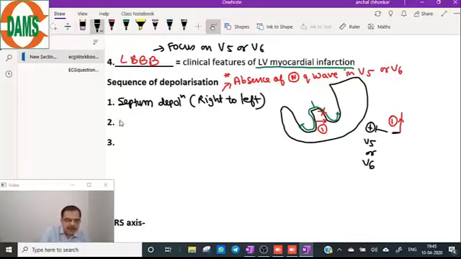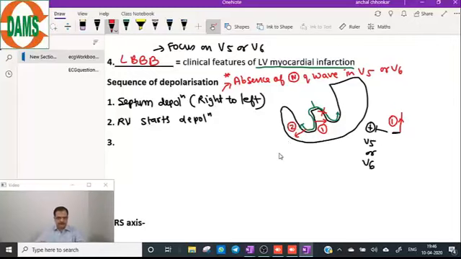Now what will happen? The right ventricle starts depolarization. Why is the septum depolarized from left to right? Because the left bundle has more diameter, so slightly it has a more velocity than the right bundle. So it will transmit the impulse to the septum slightly earlier. So the right ventricle starts depolarization, and because of this the needle will deflect. So there will be right ventricle depolarization starting like this.